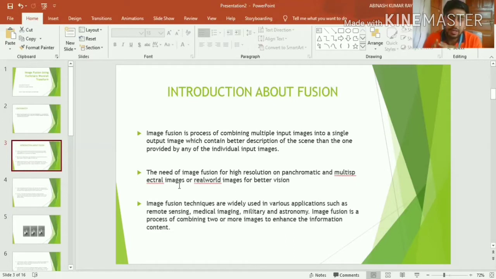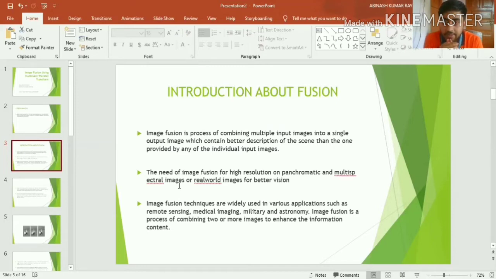So the need of image fusion is for high resolution on panchromatic and multispectral images or real world images. Let's consider an example where there is one multispectral image which is of high resolution, and another one, a panchromatic image, which is of low resolution.